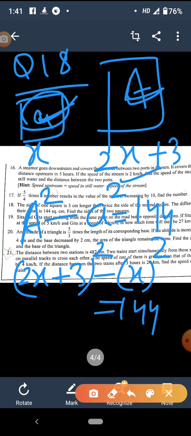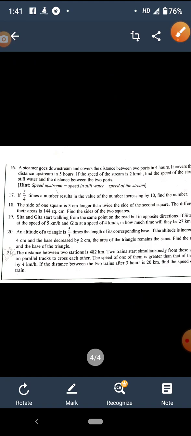So apply the square formula and then do the calculation, you will get the answer. Use the algebraic identities and your answer will come. Now question number